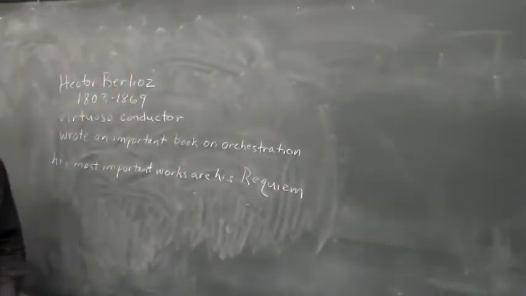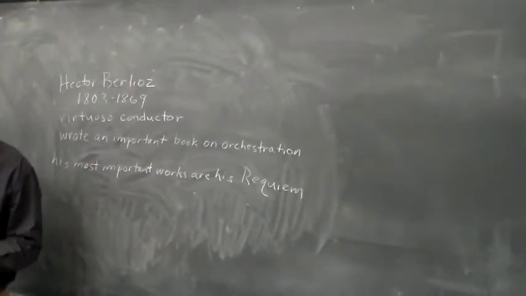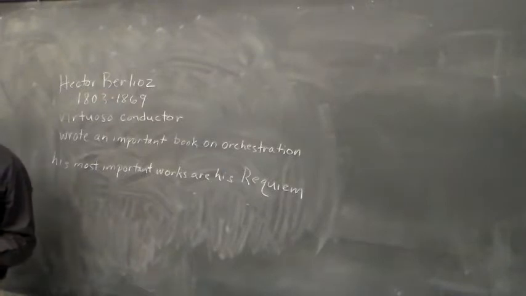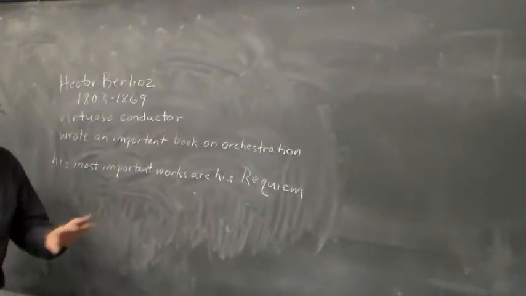So his Requiem, which is music for the Mass for the dead, is a really important work, the Berlioz Requiem. And we're going to see that in the Symphonie Fantastique, the work that we're going to look at, he uses one of the melodies from the Requiem Mass, which is called the Dies Irae, which is the liturgical sequence that has to do with the Judgment Day. And so that was a very well-known melody that represented death. And so Requiem Mass,